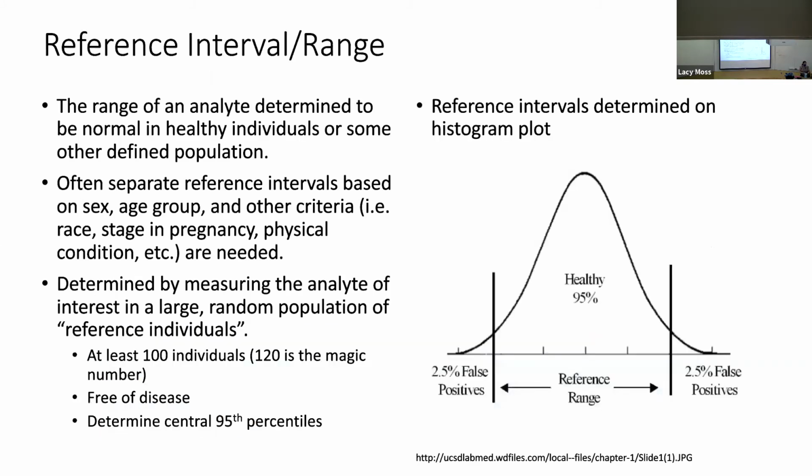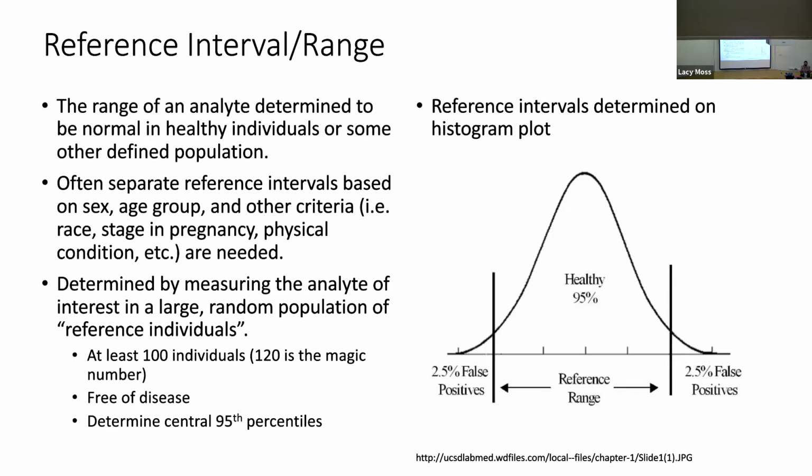All right, so reference intervals or reference ranges, it's kind of tomato, tomahto, whether you call it a reference interval or a reference range. So this is the range of an analyte that's determined to be normal in a population of healthy individuals or some other defined population. So in general, for the most part, it's just going to be like a healthy population. You might have a reference interval for males versus females or children versus adults, but whatever your healthy population is, that's your reference interval. And that's basically, if you fall outside that reference interval, that indicates you have some type of disease state. So they can separate it by sex, age group, stage in pregnancy, physical condition, race if needed,